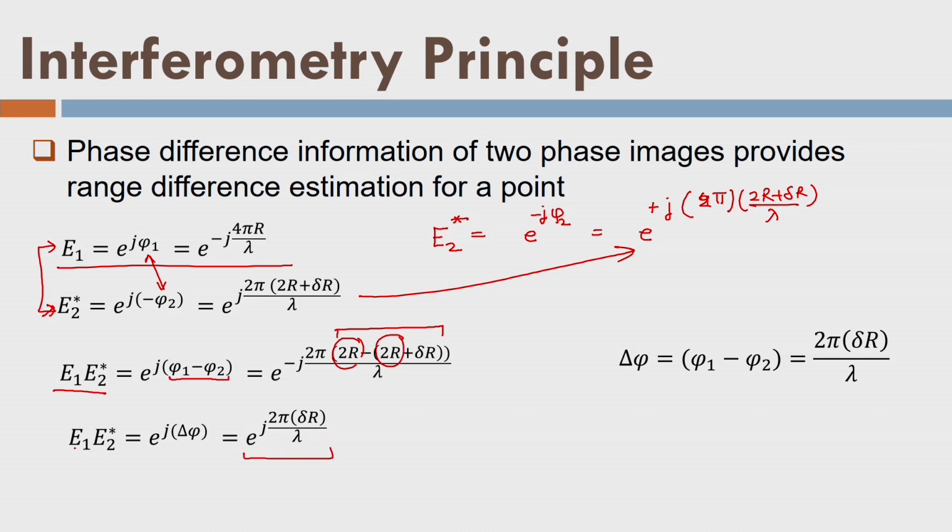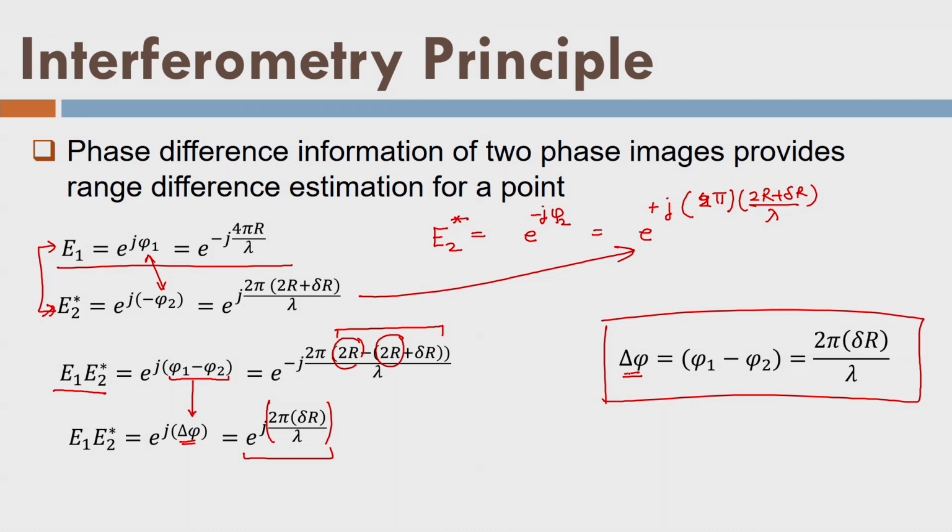You can do it yourself. You can see here that delta phi, which is the phase difference, is equal to this quantity, and I am writing it here. If I measure the phase difference of the two complex images of radar, where each image is acquired by the same sensor, or the sensors can be two, but both sensors should be the same, then it will be equal to this. Using this expression I can estimate the change in the range, and by this range difference I can also estimate the height difference of the point. That is the basic fundamental logic of interferometry, and that is the application of interferometry.